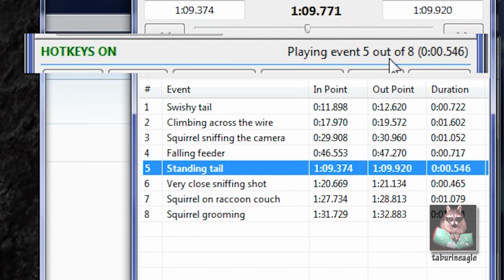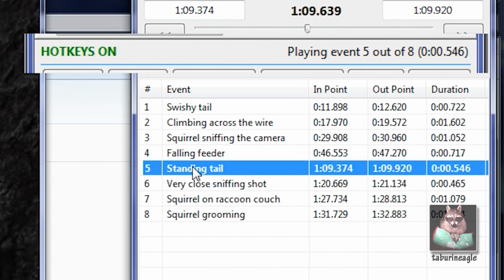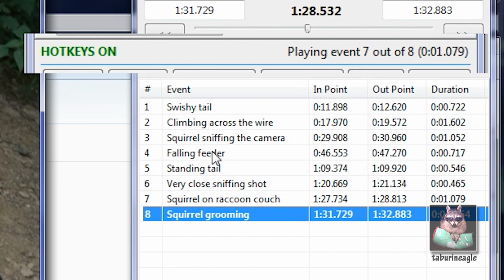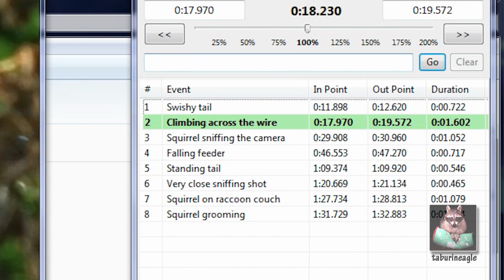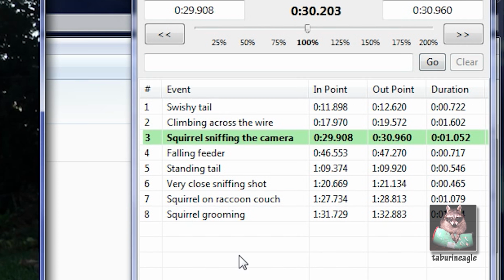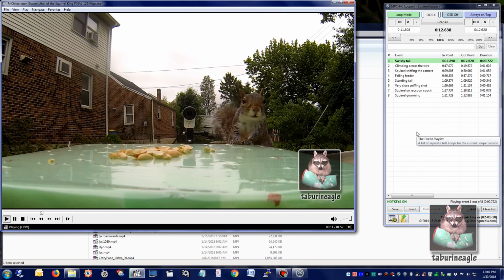If I move it here, it'll be 5 out of 8, and if I do it at the beginning, it's 1 out of 8. So okay, let me just move this back to 5. But same deal. Everything that's playing is now highlighted and bolded. And the main reason I made that change was because I had a request: you can have a playlist of 20 different events, but if you only want to play like 3, 6, 10, and 12,